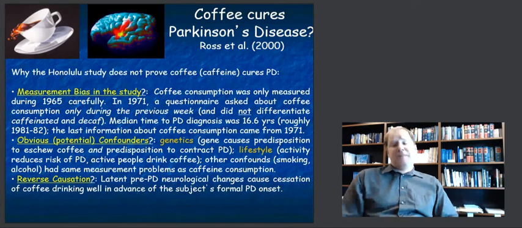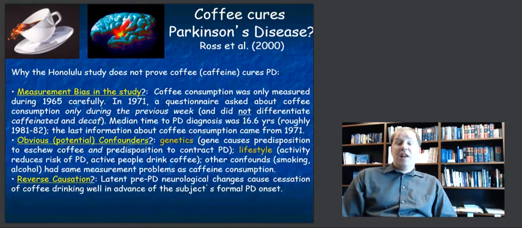There's other potential confounds, of course, things like smoking or alcohol, which had the same measurement bias problems as coffee consumption in this case did too. So you can't rule out things like that. Other potential confounders like chocolate, which contains trace amounts of caffeine, or other forms of caffeine like tea drinking. These were Japanese American men, and their tea drinking may not have been measured accurately. So in any event, what we obviously can't say is that all confounders, unlike a randomized trial, have been ruled out in this case.